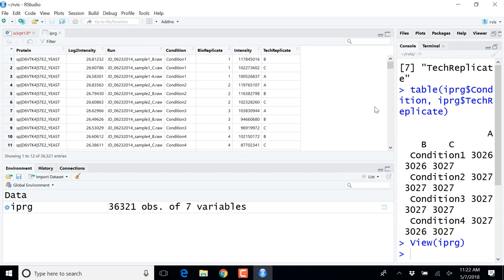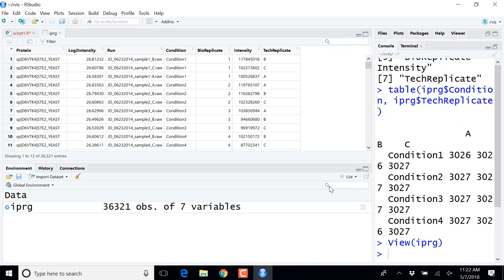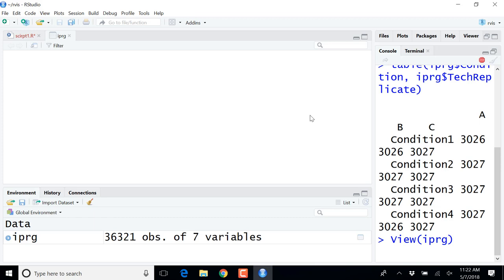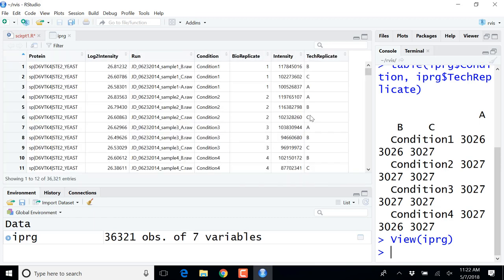Here it is, that is useful. Is the font size large enough for people at the back? Does that work? Yeah, okay, I'm not sure it has increased by zooming in. But what we see here is the equivalent of doing head IPRG. We see a couple of those rows. And typically these kind of data sets, before I move on,